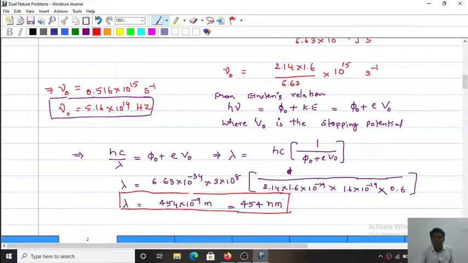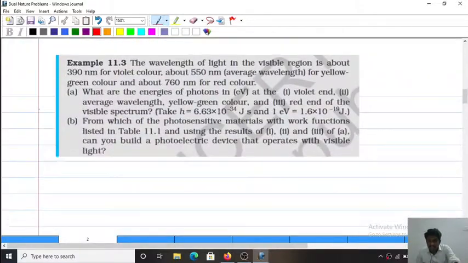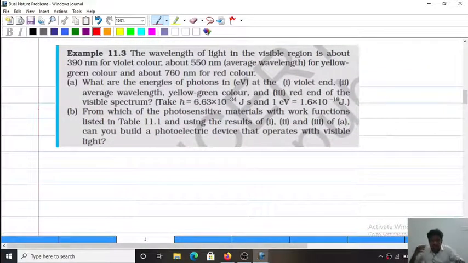Okay, this is the second question, this is answer A. This is the second problem. And the third problem: the wavelength of light in the visible region is about